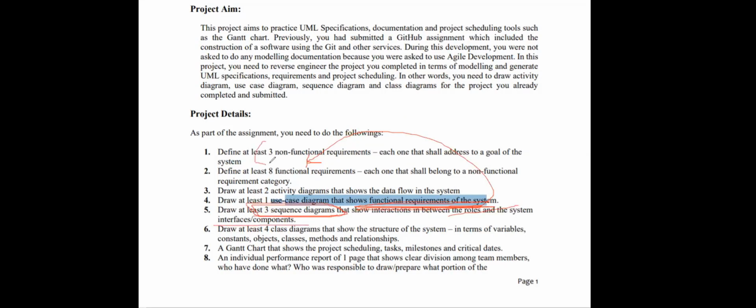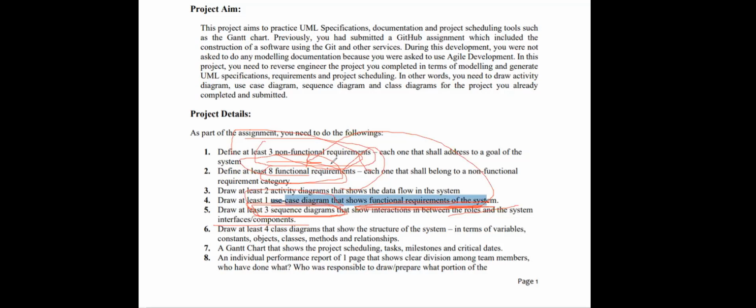So everything that you write in here is broken down. Non-functional requirements are broken down into functional requirements. Each use case is a non-functional requirement, but in between the use cases, there are 8 functional requirements. So when you draw the use case diagram, I will look at the functional requirements. If there is no link between them and you just made them out of thin air, this means you did a very bad design.